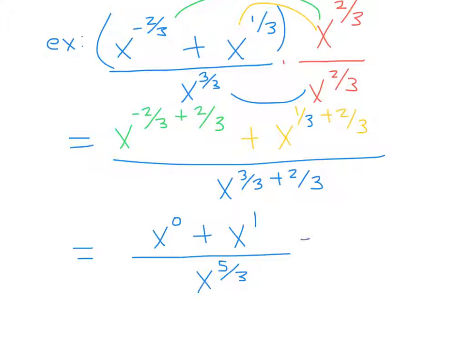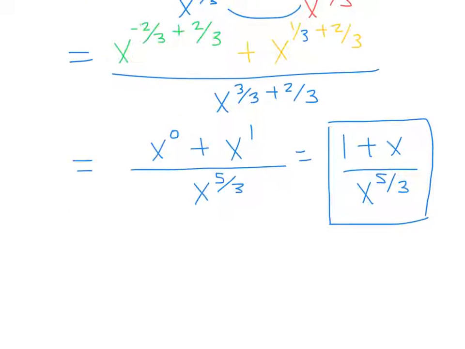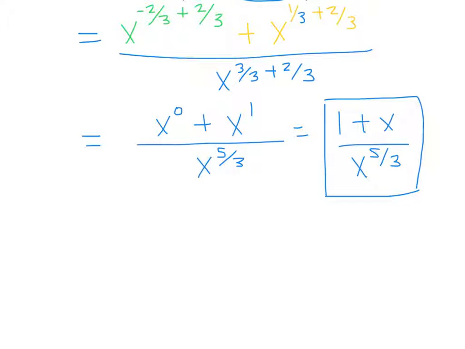Okay, so x to the 0 is a 1, x to the 1 is x, and in the denominator we have x to the 5/3. So that's part A. We simplified it so that we don't have any negative exponents. And now we want to set it equal to 0